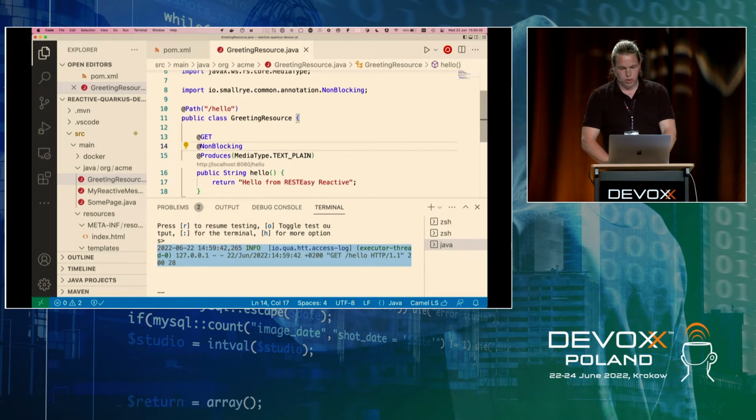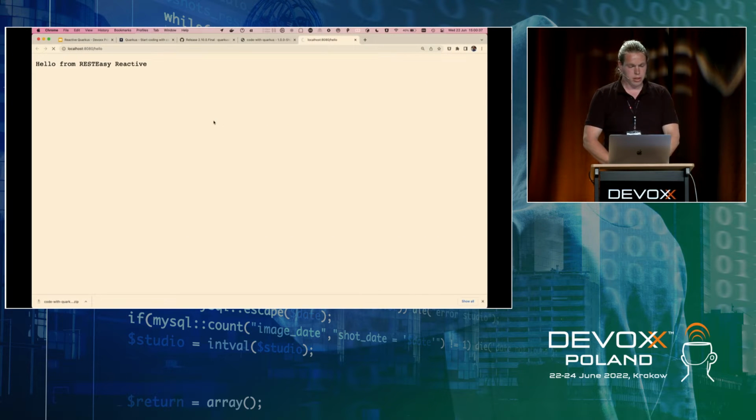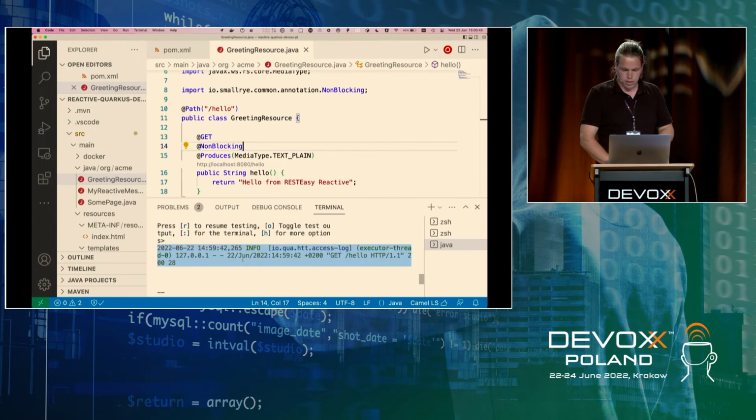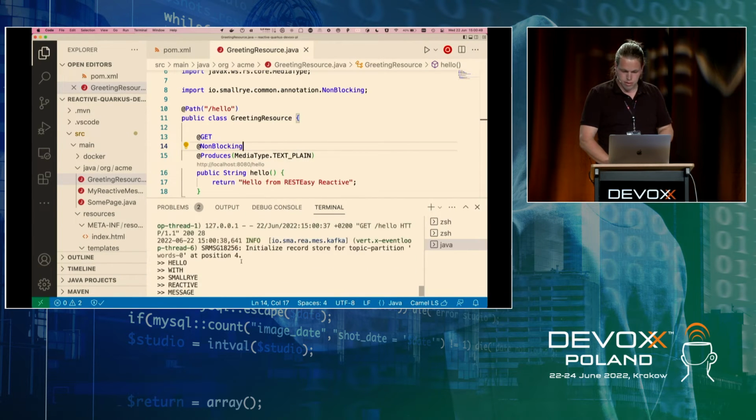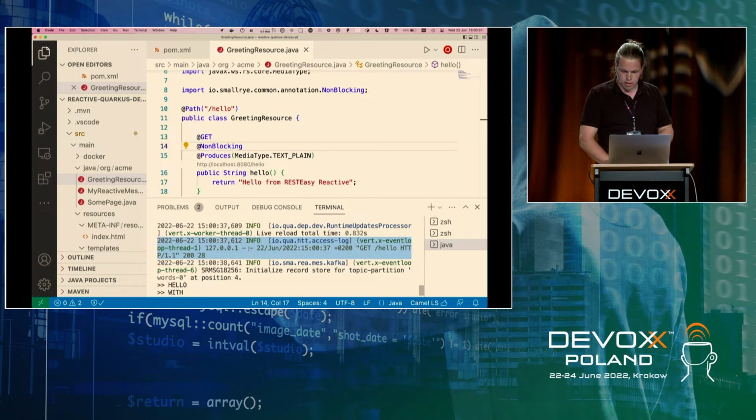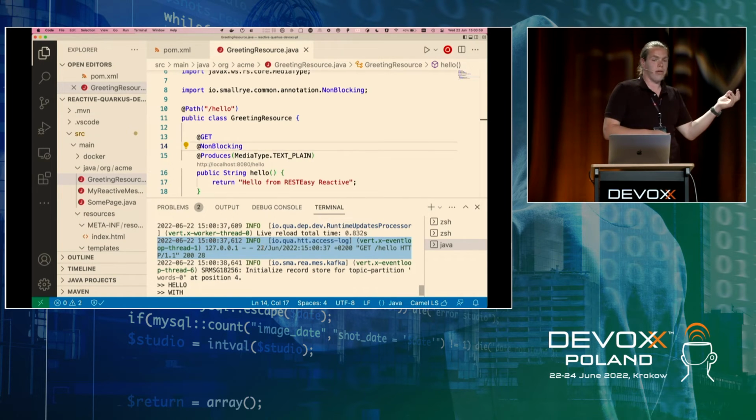And if we then have a look, if we refresh this page, in the background it now recompiles my code, and it happens instantaneously. That's what I really like about Quarkus. And if we now have a look in the logs at what it did, we still call this hello endpoint, but it's now being called on a Vert.x event loop thread. So it's actually running this now on an IO thread. So the only thing I had to do is drop this annotation and it works.